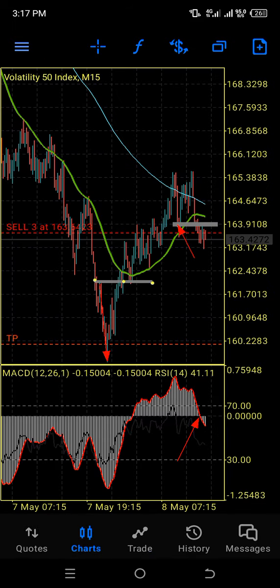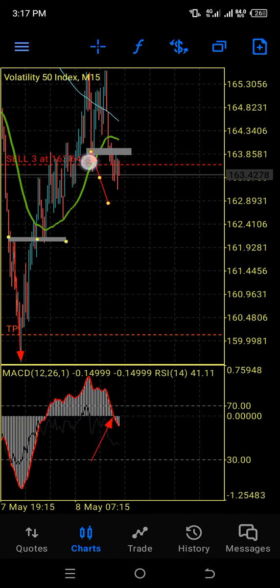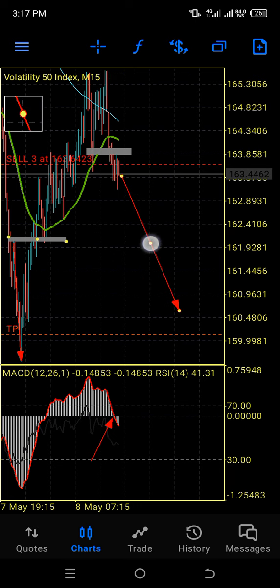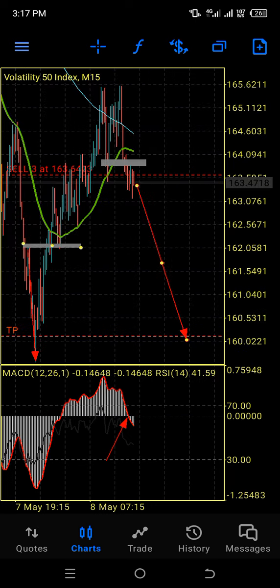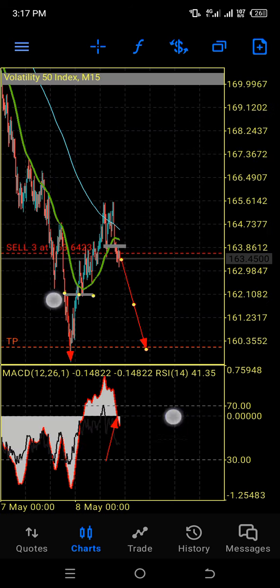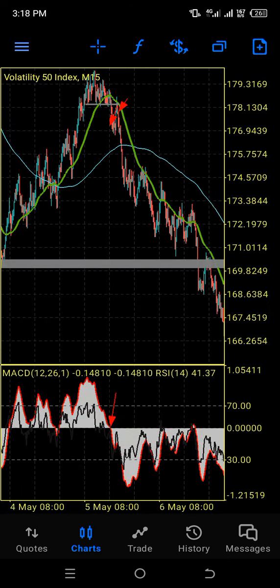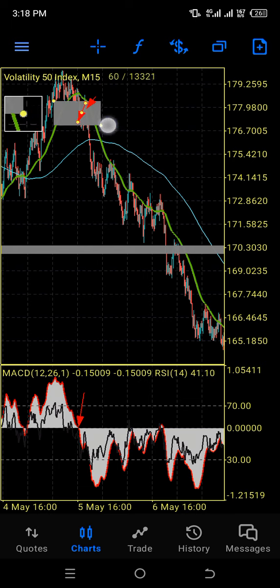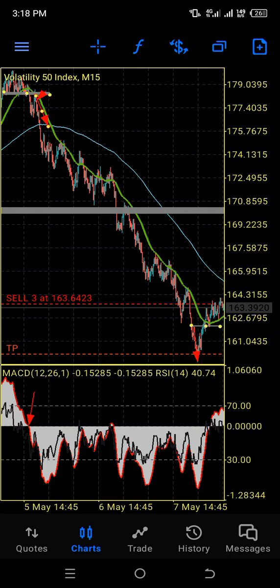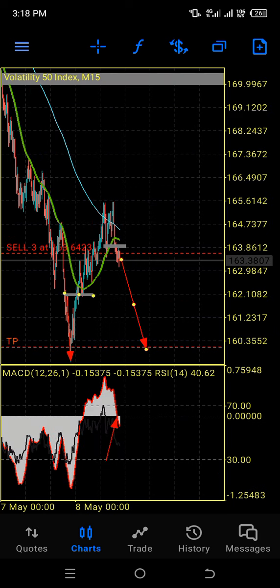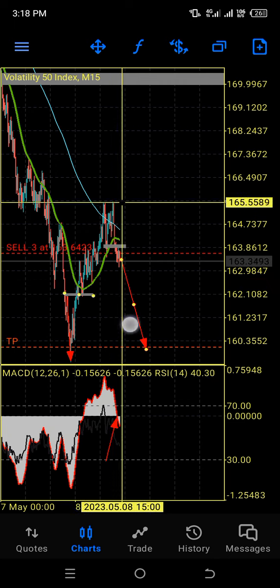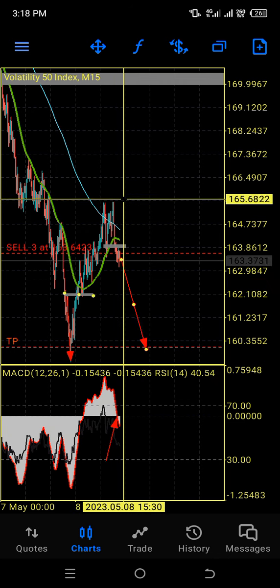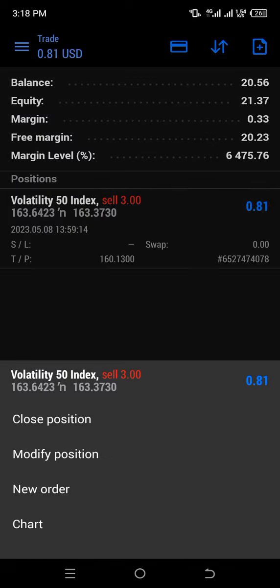Now it's in progress, and I'm looking forward to having this as my take profit, and I will still be observing. I don't have to wait for it to get to take profit, because you can see that the price is long gone. Oh my god, it crossed from here long time ago. This cross took place right here a long time ago, sorry for that. So right now it's scalping. It's risky because this is going to be my stop loss. I have to set this because I'm going to be busy after now. 165.68. So I'm going to be doing this 165.68.